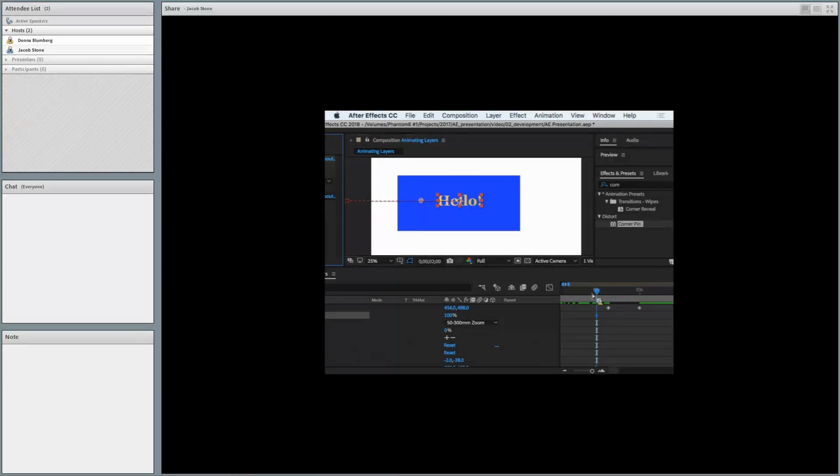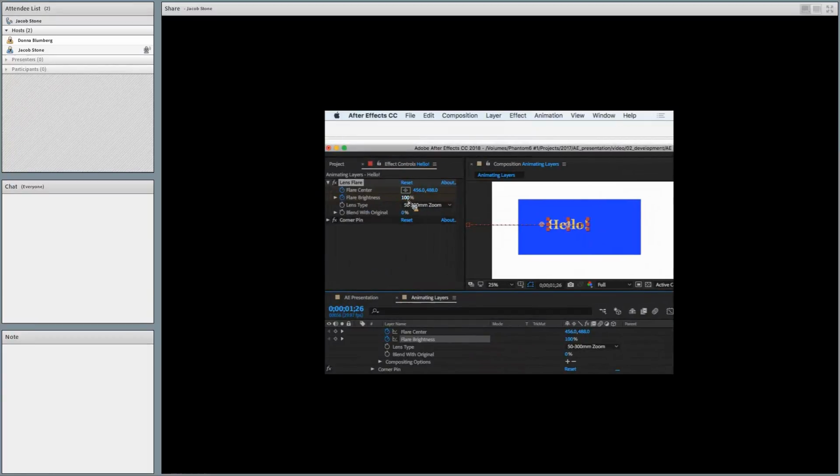And I don't want it to cross while it's at 100%, so I'm going to set it right here, and I'm going to set this to 0%. You can click here, you can drag it down, or you can just click this, hit 0, enter, and that gets rid of the flare center until hello is past